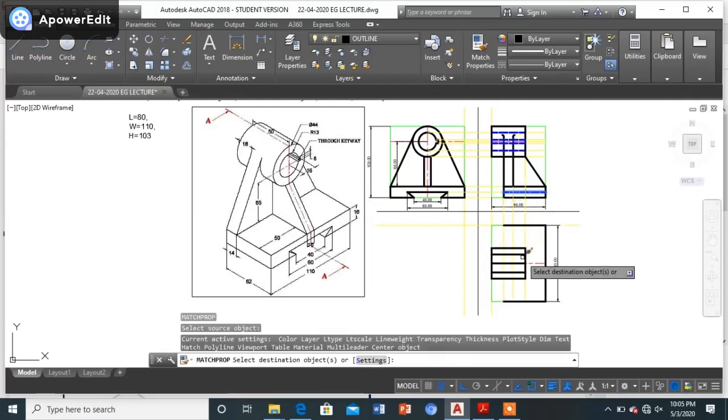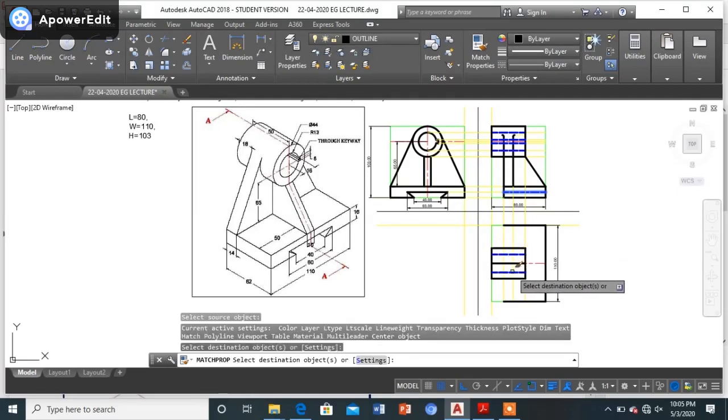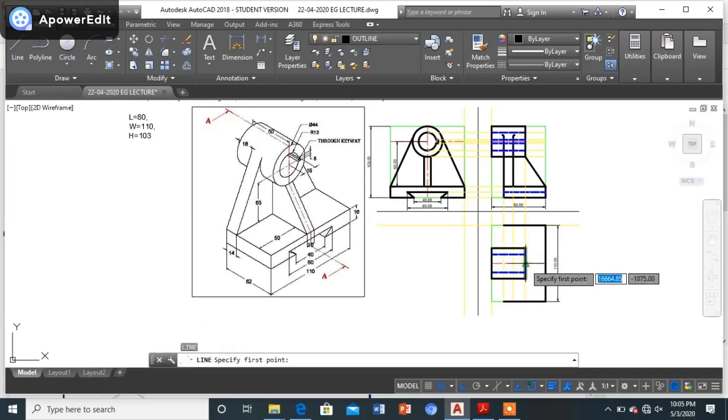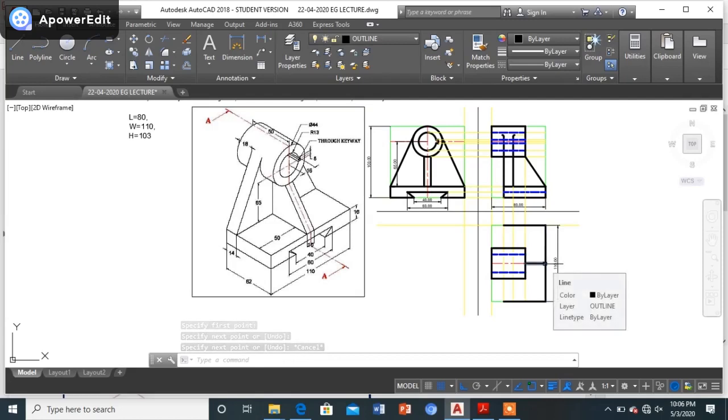So now I can just select this and I can make these as the hidden lines, which are the through holes. Okay, so once we are done with this, as no more I'll be requiring this, that is why now I will be drawing the line for the rib line. So this rib, it will be looking to me as a rectangle from the top.